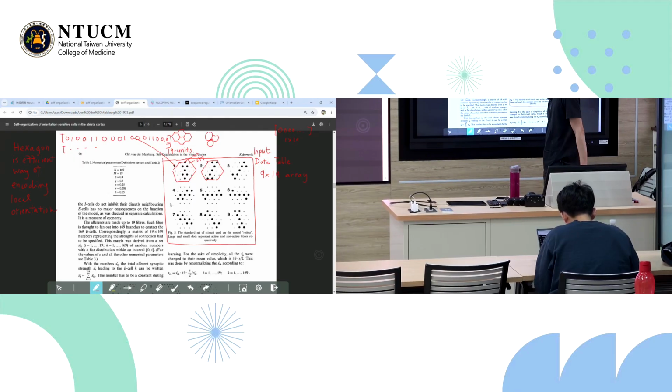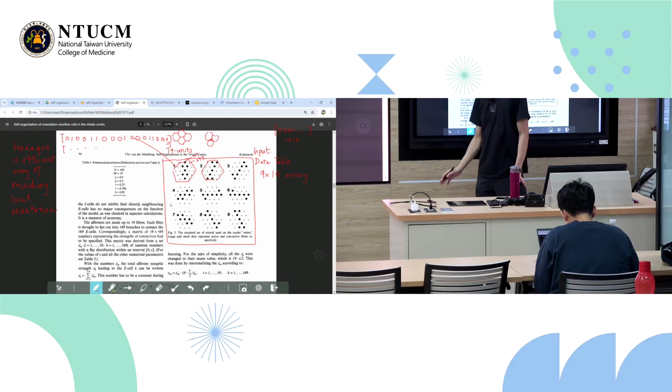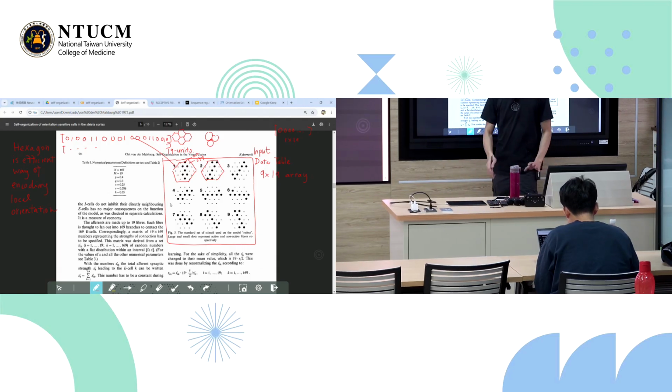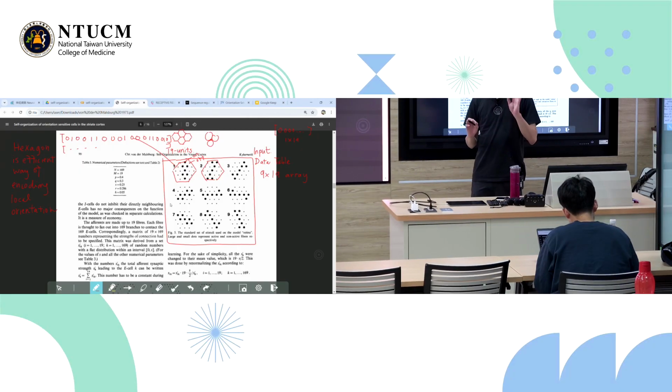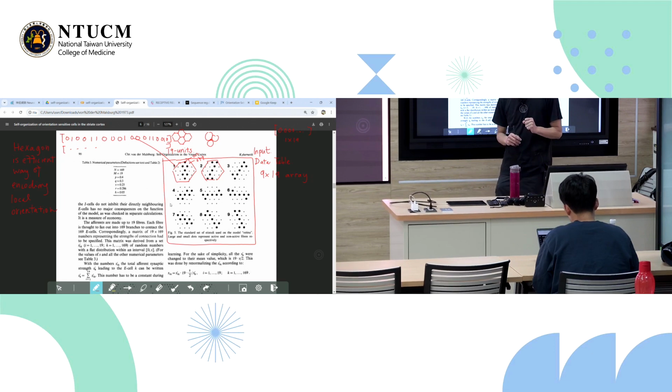This is going to be your input data table. Okay? So it's different, right? Different from the previous one. It's almost the same, but not really, okay? And it's quite creative usage of coding approaches, okay?